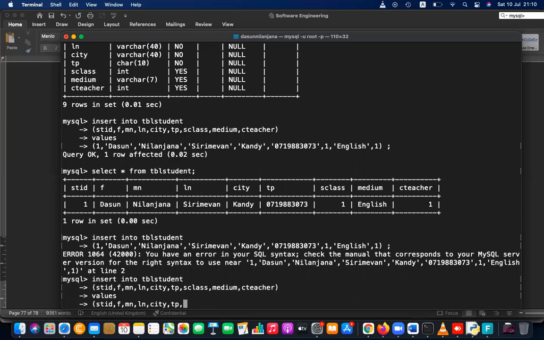Let's say second student, student number 2 is like Dasun, Sanjeeva, Veerasinghe, and from Gampaha, and the number is 07737853002, and class is let's say 2, and medium is Sinhala,